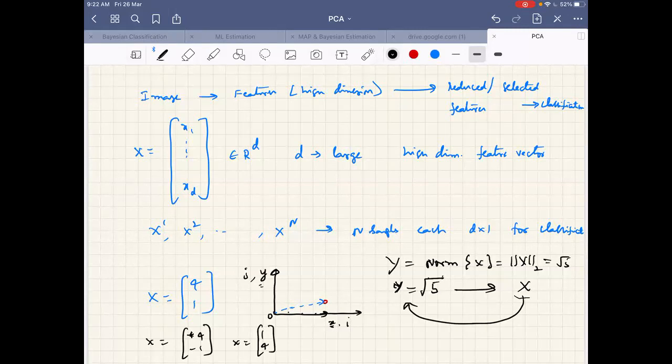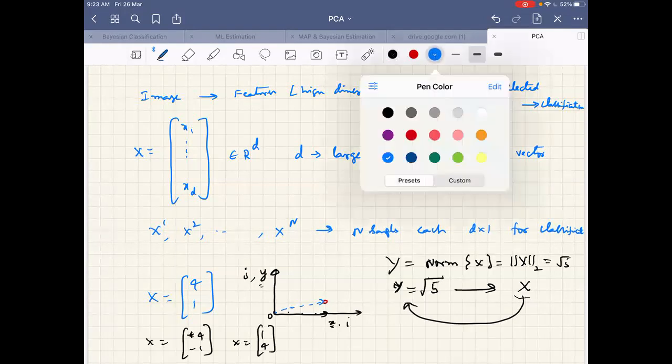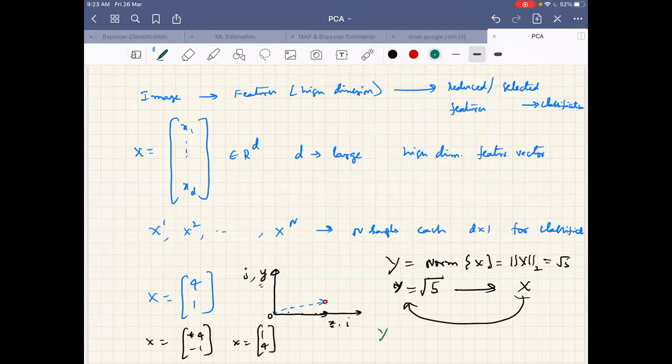Sir, can we take the eigenvalues of the vector? For a single vector, you can't get eigenvalues. Like for multiple vectors, we identify the features that have maybe high eigenvalues. Okay, fine. We will come to that, but before that, we want to see how the reduced feature should be. For getting the reduced features, you may have an intermediate step of using eigenvalues.